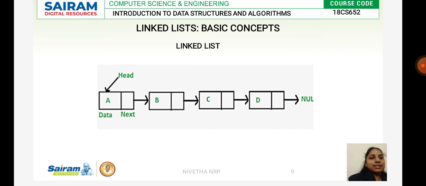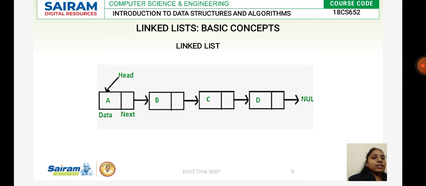So what does next represent here? It is representing the address of the element B. Element B is the next element. So where is that B stored in the memory? That will be represented in A's next link.